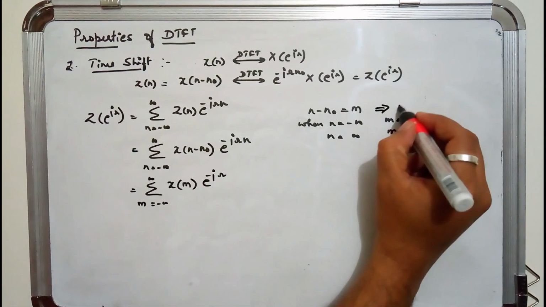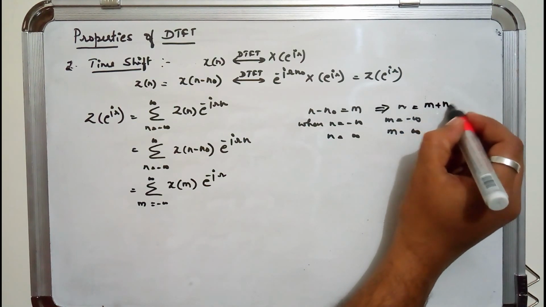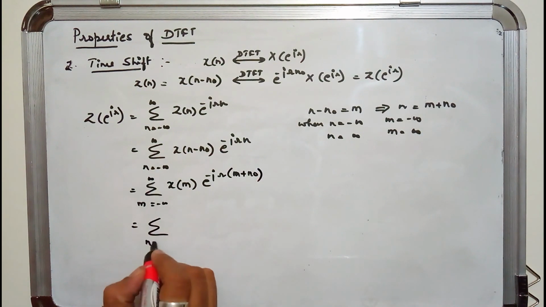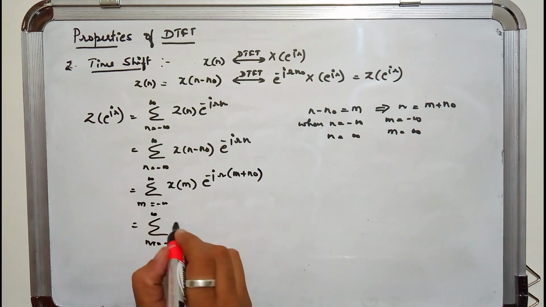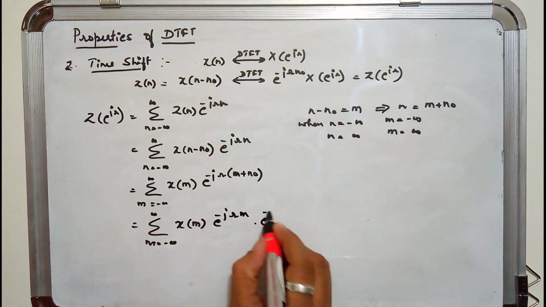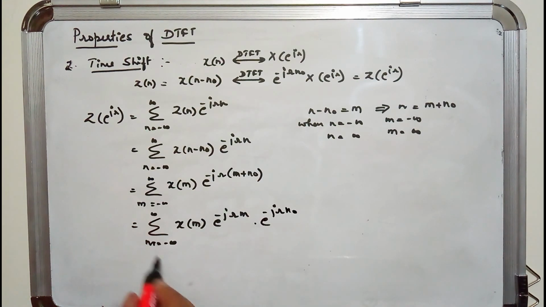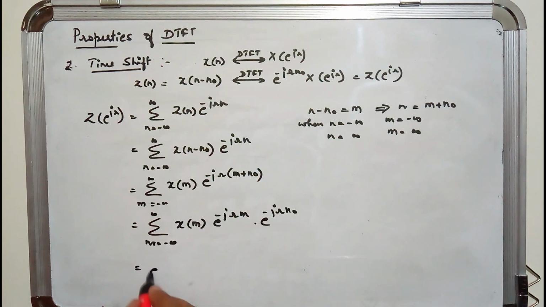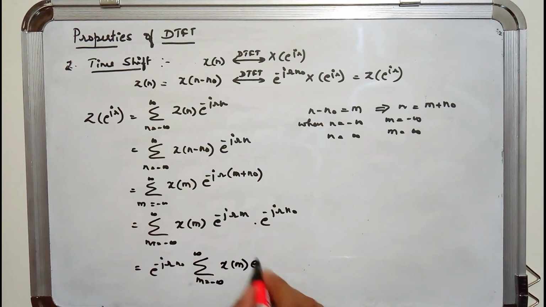So from this, what is n? n is equal to m plus n naught. So I will be getting m plus n naught. So summation m is equal to minus infinity to infinity x of m e power minus j omega m into e power minus j omega n naught. Now if you closely look here, the summation is on m, so e power minus j omega n naught is a constant, so I can take it out. So summation m is equal to minus infinity to infinity x of m e power minus j omega m. So this function is